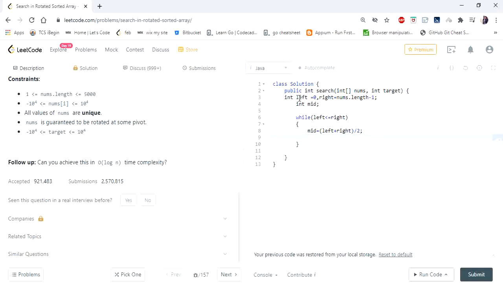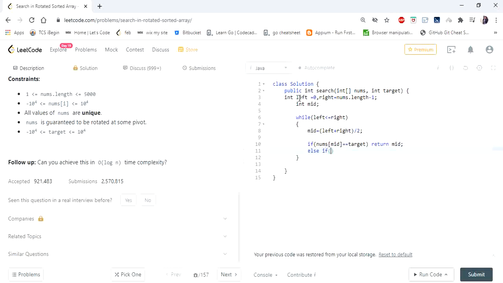So once my mid is calculated, I'm going to check if my mid element itself is my target. If that is the case, then I'm going to return the index of that mid element. If not,